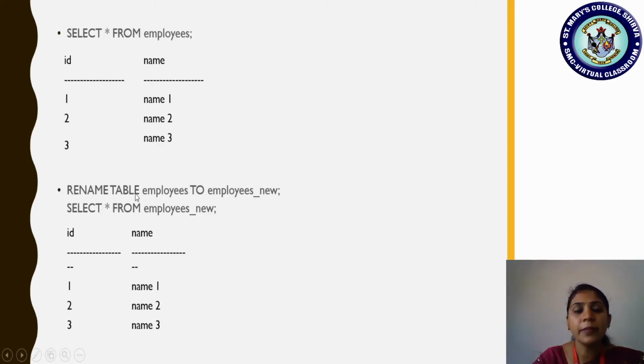Rename table. What is the old table name? Employees, right? See here. So what is the new name we have chosen? Employees underscore new. So rename table employees to employees new. So from now onwards, employees is completely replaced by which new name? Employees underscore new. And when you use this command, select star from employees underscore new, you will get